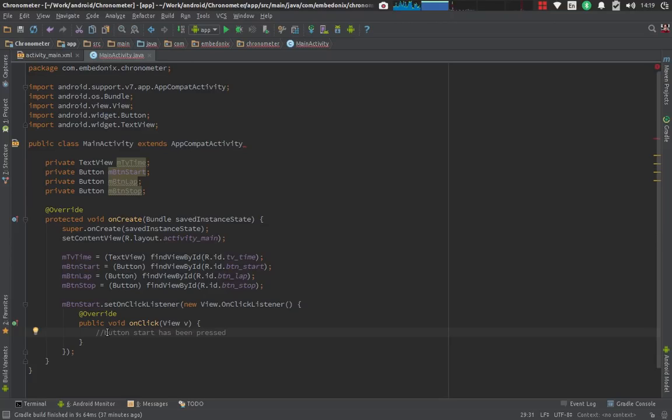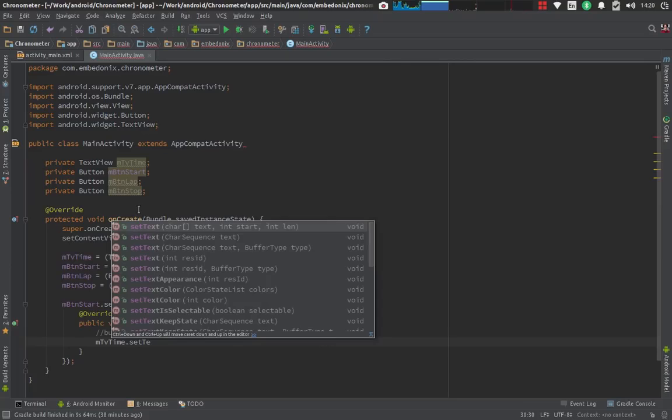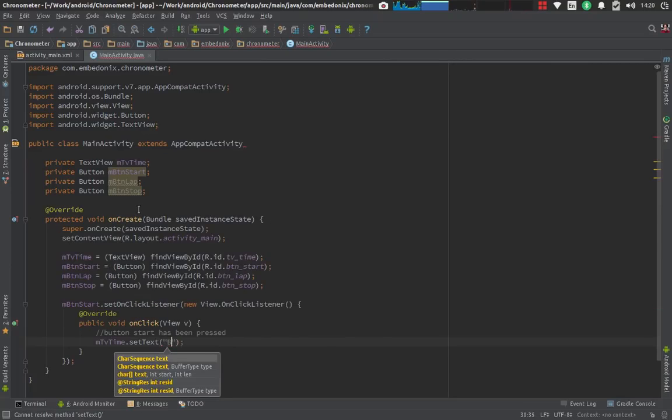Now what would happen when the start button is clicked? At the moment, nothing, of course, but we can simply check that by changing the text of the TV time, mTvTime dot setText, for example, just "button start",